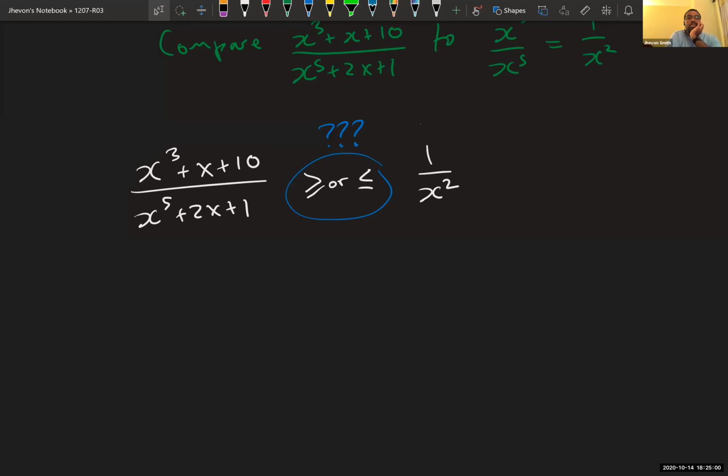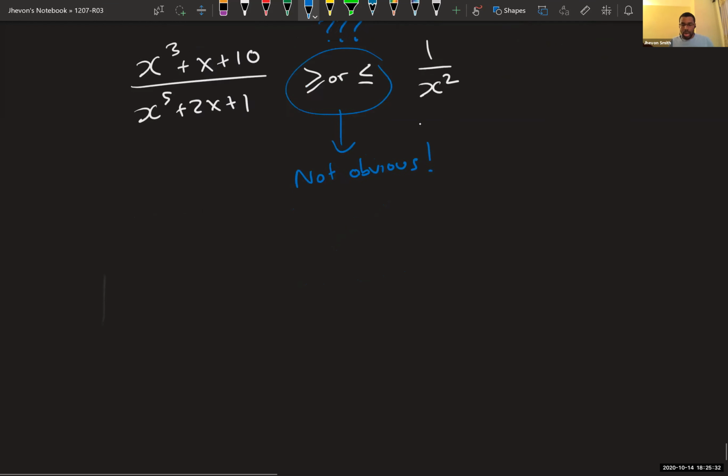So who would be bigger in general? It turns out in this case it's not obvious who. You could make an argument for why you might think one is bigger than the other, but it's going to be a lot more work than you'd want to handle. How do I know it's not obvious? Why can't I just rush in and guess here? So why is it obvious?